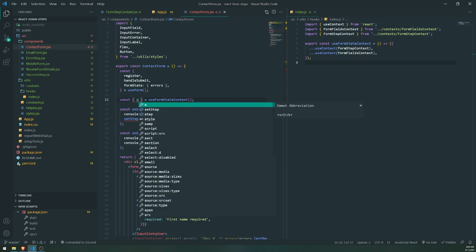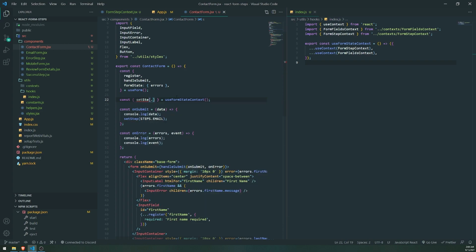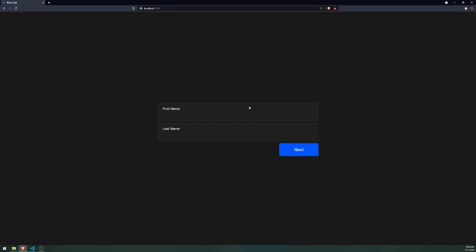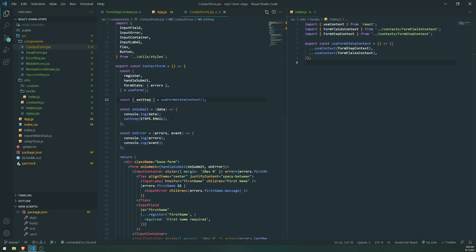And we're going to go ahead and get all the necessary values we need. So we need set step. And watch this, it's going to literally work the same way. So right now we're just updating. Right now we're just going to the next step. Nothing special. Okay. So before we make any rapid changes, let's just go through every single